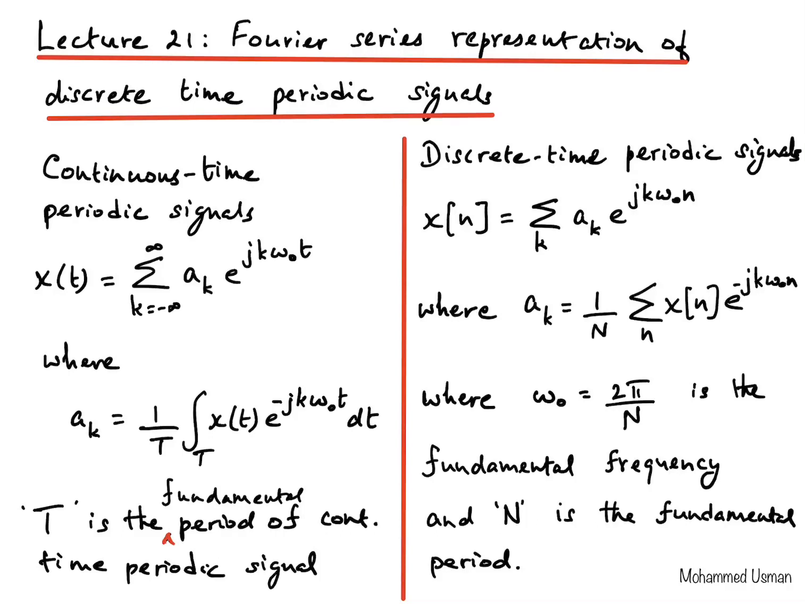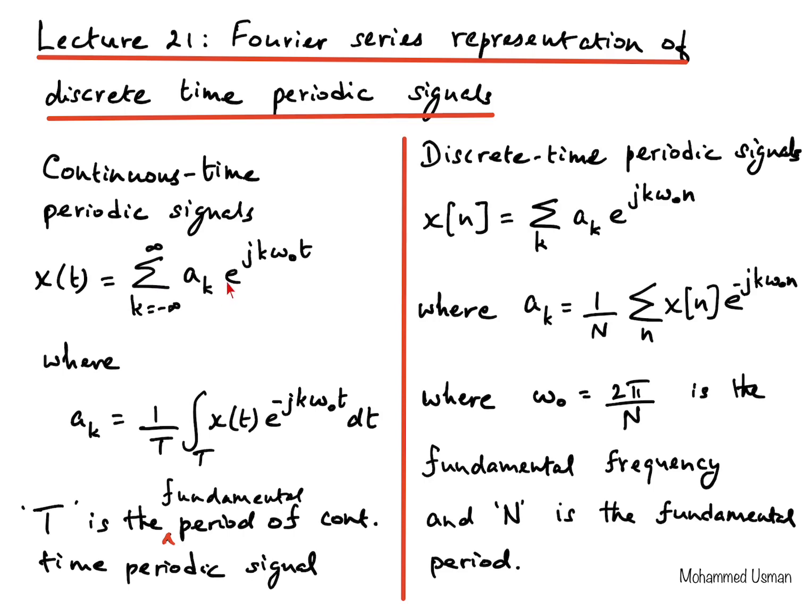In this lecture, we will discuss the Fourier series representation of discrete time periodic signals. Previously, we had seen the Fourier series representation of continuous time periodic signals. Now we will build on that background and discuss the representation of discrete time periodic signals in terms of its Fourier series. So to recall, the continuous time periodic signal has a Fourier series representation given by this infinite summation